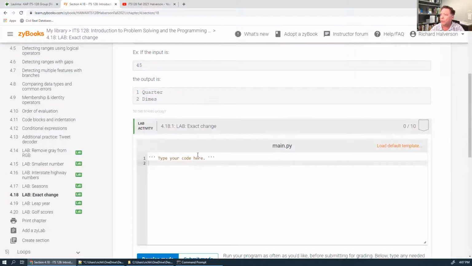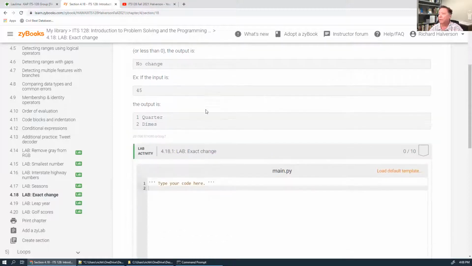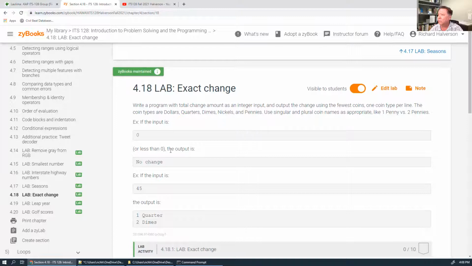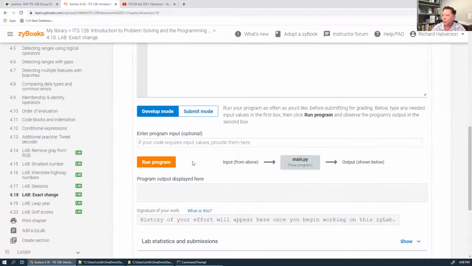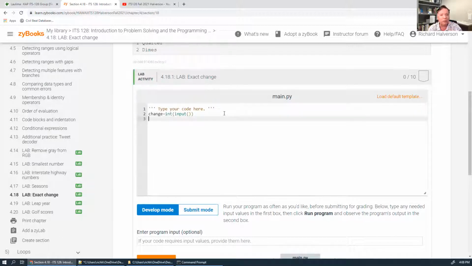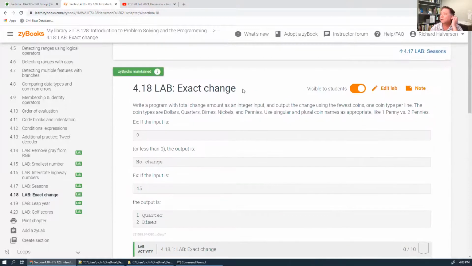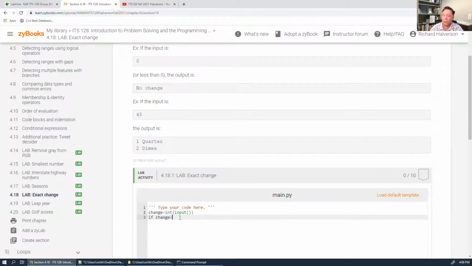All right, so we're going to input. So first, we're going to input. We have to read in. So I'm going to read in change. Change equals input, an integer input of something. So I'm just going to do this, and that way it's not going to ask a question, but I'll just run it down here. Okay, so there's the change, and I want to say first of all I've got to check to see if it's greater than 0. If change is less than, do I do that or do I just? All right, less than or equal to 0. Let's say no change. Less than or equal to 0. Print no change. Otherwise,